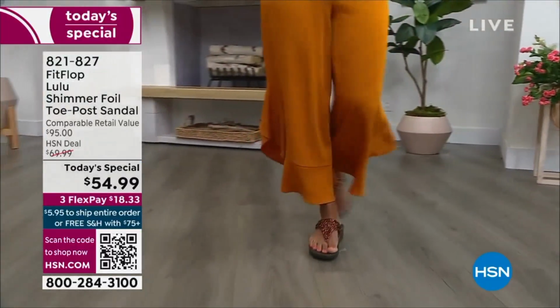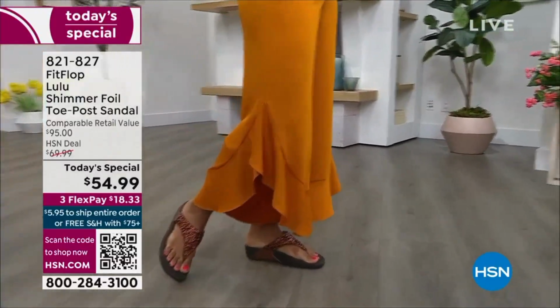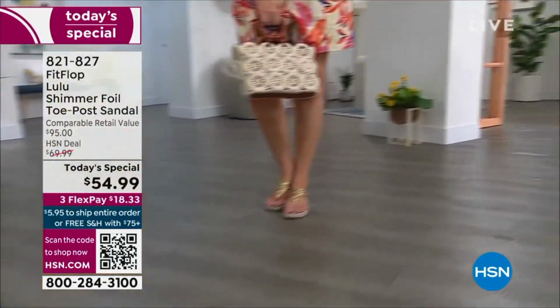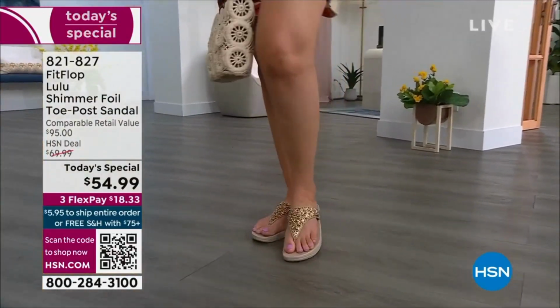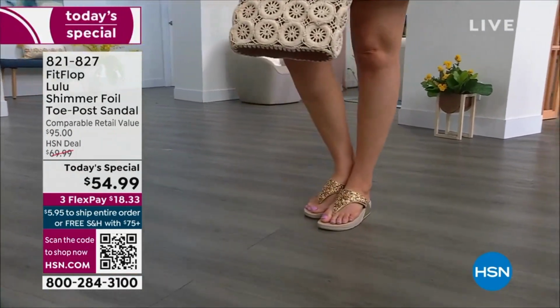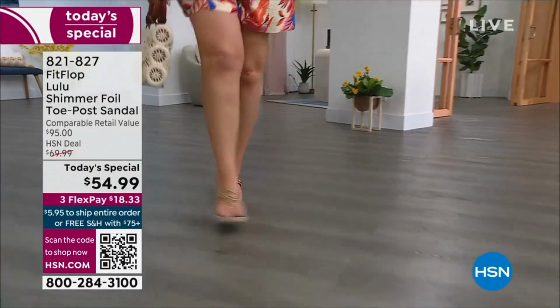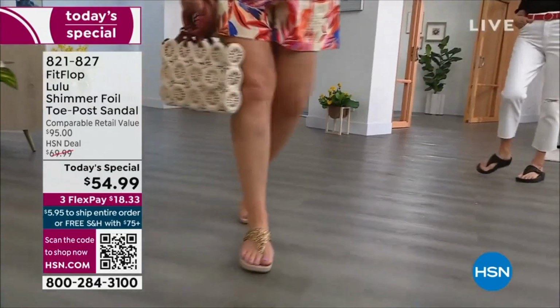the world, this is a $95 sandal day in, day out. Today only, $54.99, launched at midnight last night, close to 9,000 gone. Flex pay on this would be under $19 to get it home, and you have your 30-day money-back guarantee, but I promise you right out of the box, as soon as you put them on, you're gonna be like,